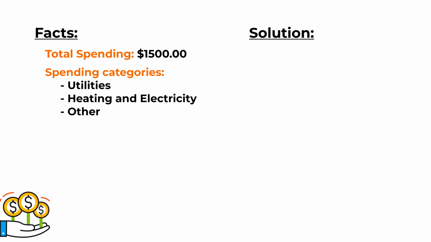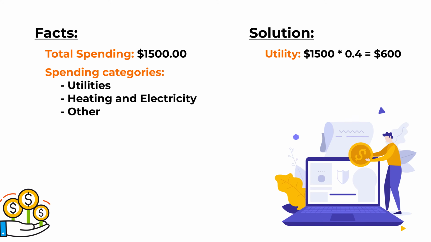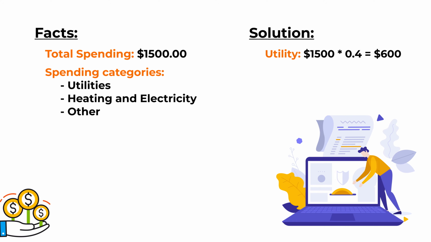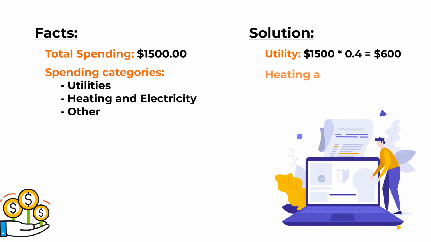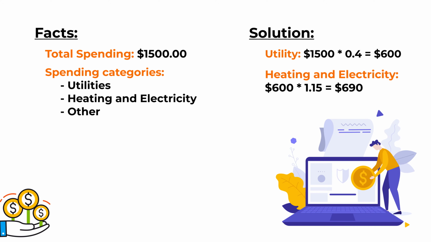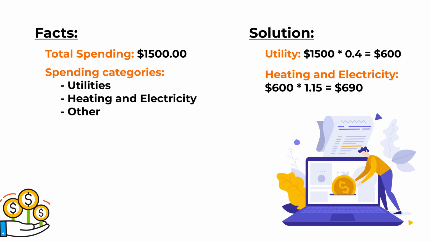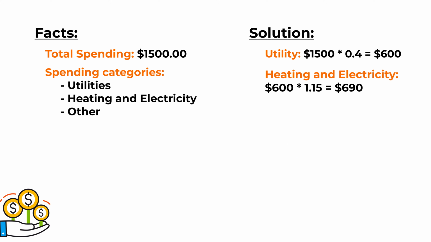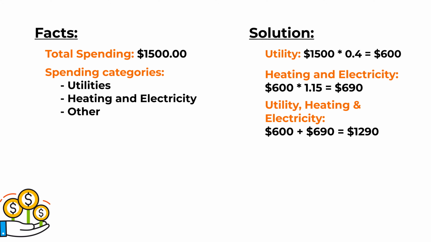To calculate the amount spent on utilities, we need to multiply 1,500 by 0.4, and the end result of this is $600. Heating and electricity bill is 15% more than utility spending. So to calculate heating and electricity, we need to multiply 600 by 1.15, and the end result of this would be $690. To calculate utility, heating, and electricity spending together, we need to add 600 and $690. And the end result of this calculation will be